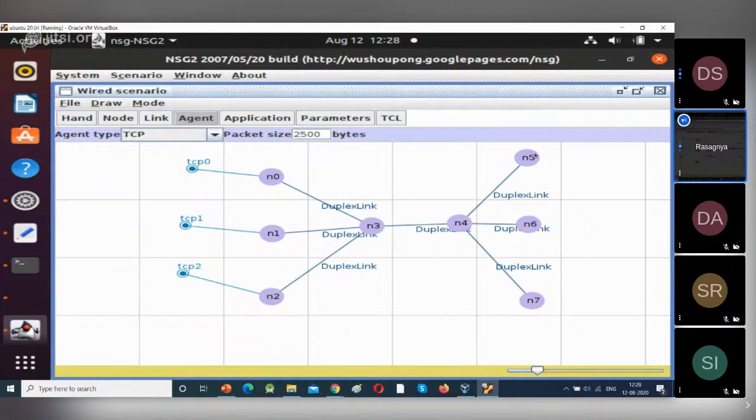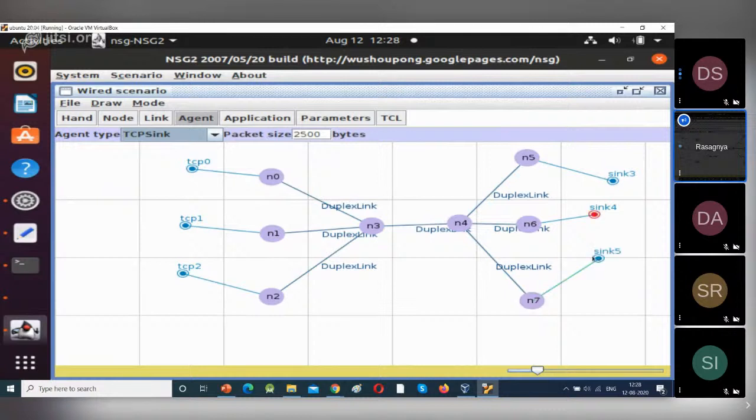Now we have to select these three devices as my destination. Go to agent type, select TCP sink, because for TCP the receiver will be TCP sink. Now connect to these devices. Click on N5, move and click. Click on N6, move and click. Next click on N7, just move this and click.